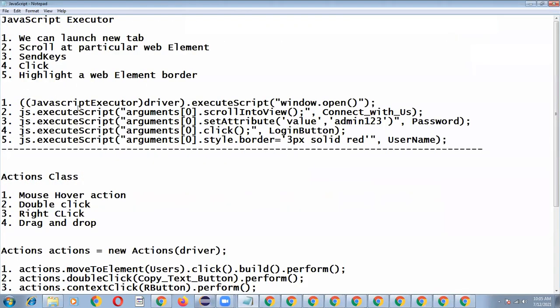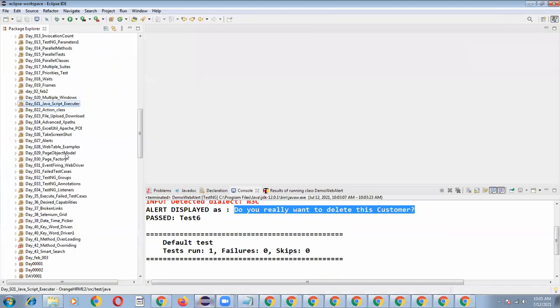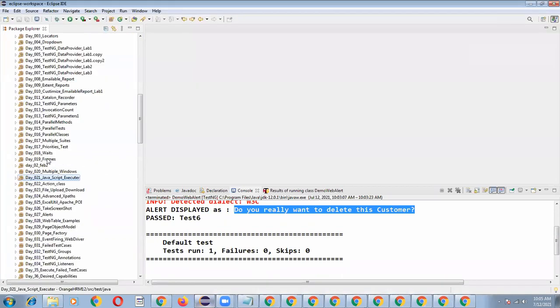In tomorrow's class we are going to discuss very important topics: waits and frames. JavaScript executor: if there is any Selenium interview, by default the interviewer will ask at least 2 questions on JavaScript executor.